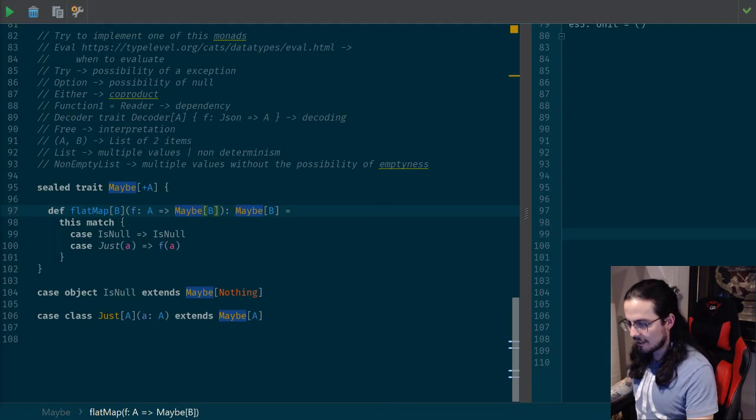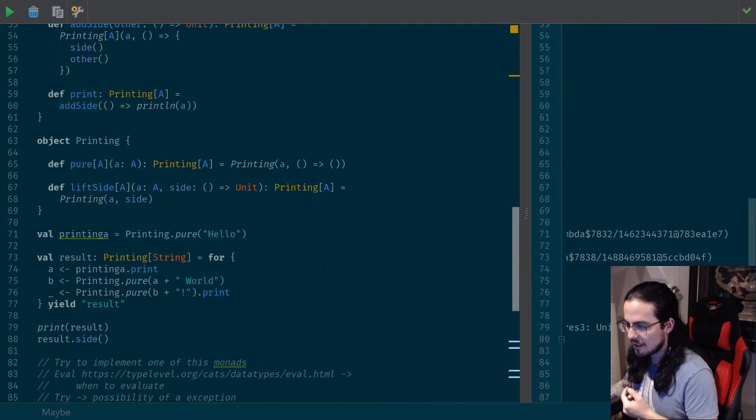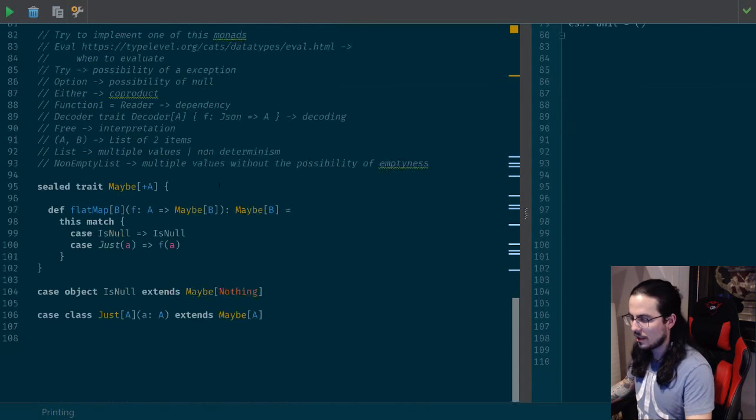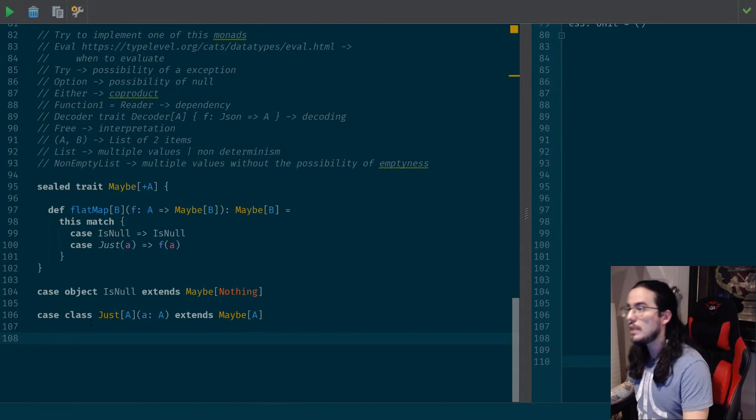Segfault is saying that we maybe should demonstrate that Printing is actually a lawful monad. And what a lawful monad means is that